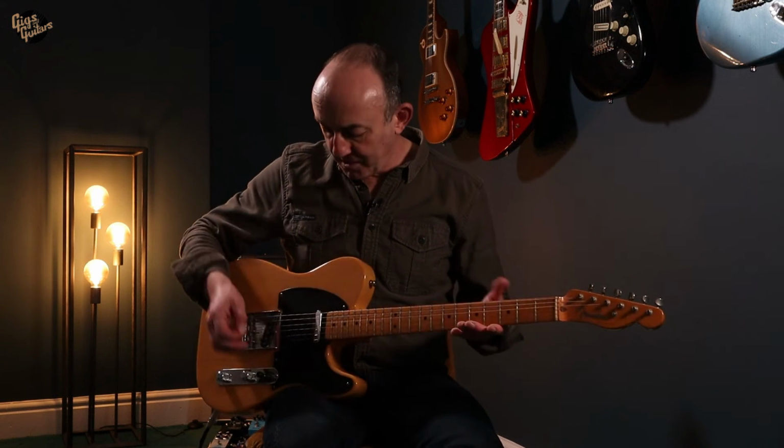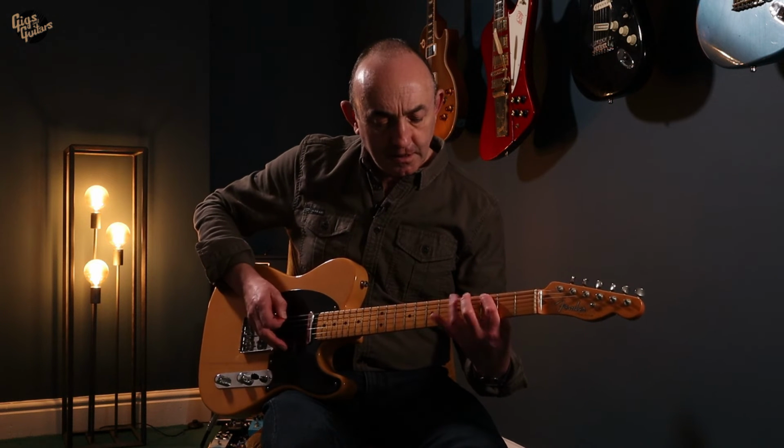It has transformed the guitar immensely. I've gone from a guitar that was almost impossible to play due to a really high action, tripping over strings, falling over them. I do like string bending, so I don't like a guitar with a ridiculously small action. I do like a little bit of a fight from it. And as you can see,